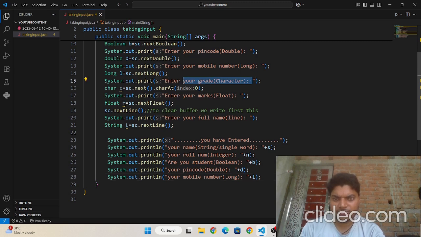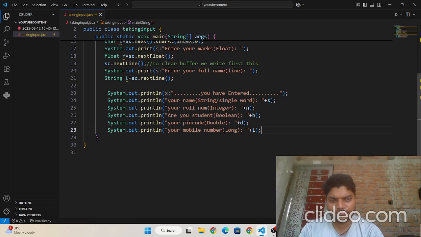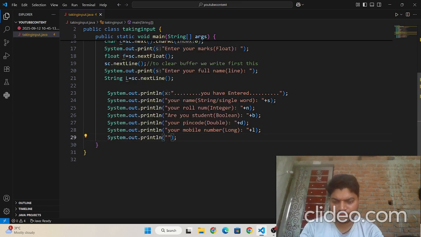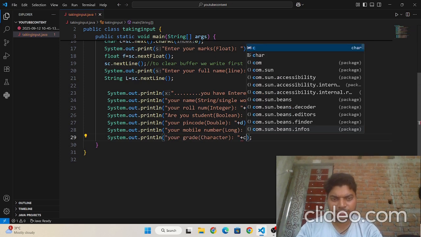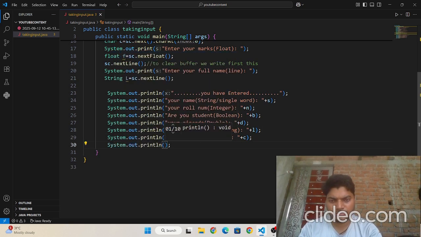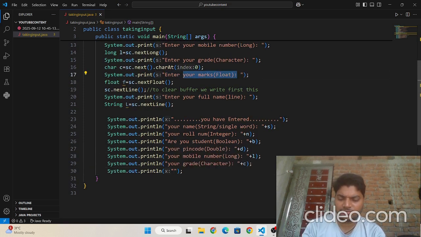It will be in character, so I need to copy it, Control C, and then sout, Control V, one space is there, and then C. Then sout. After the character, I need to take marks. Your marks is in float. Control C and Control V.